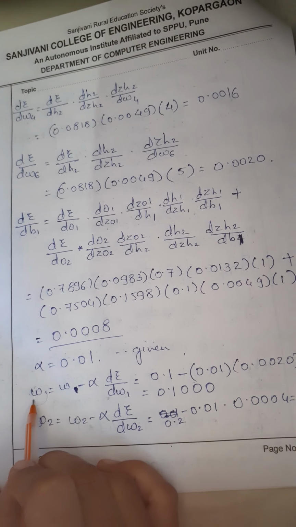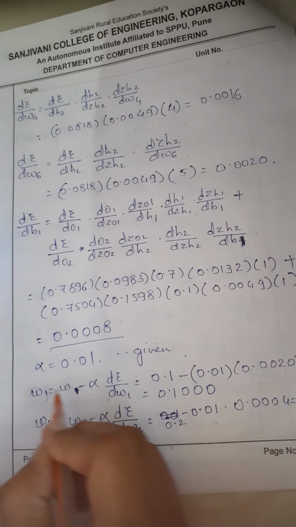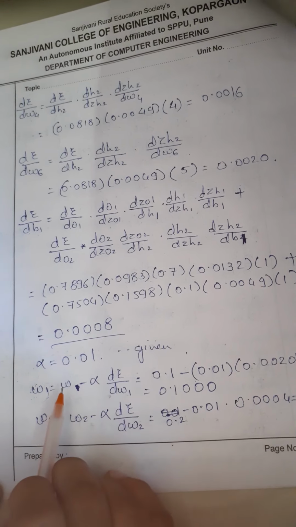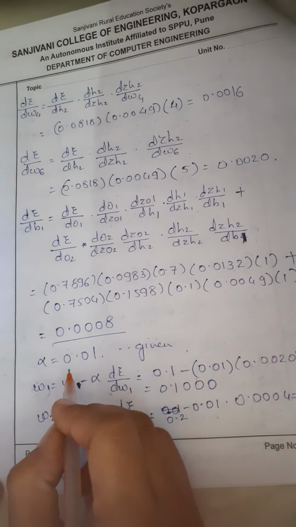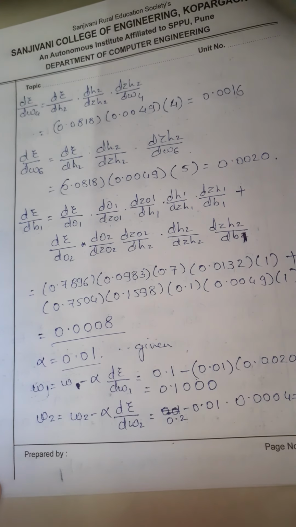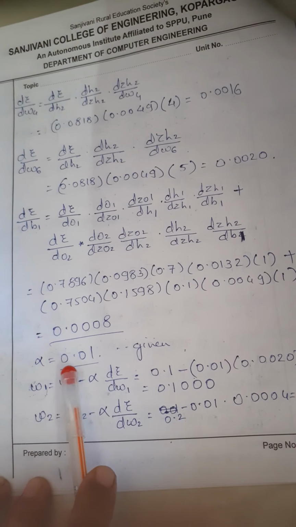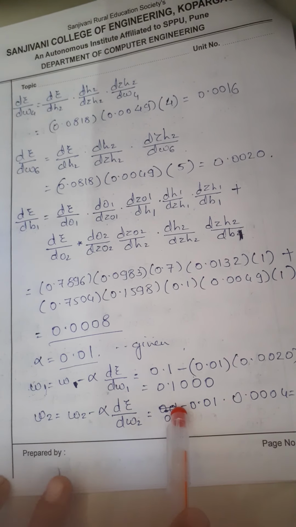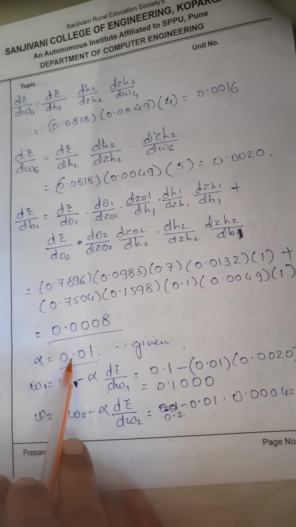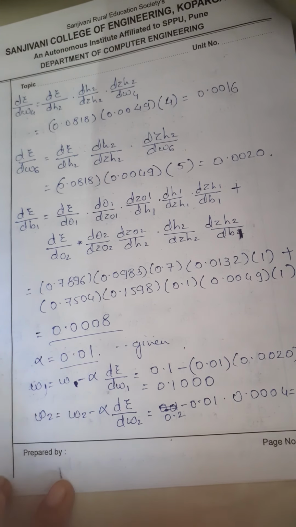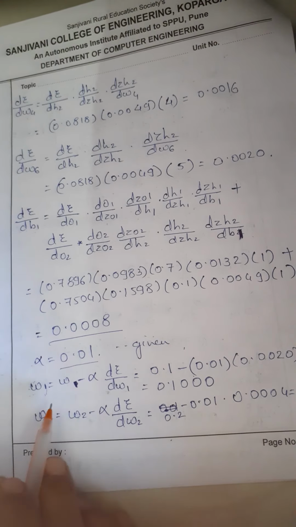W1 is my older weight, and I have to compute a new value of this weight. How? For this we are going to use alpha. Alpha is a factor, nothing but the learning rate, and it has a great impact on the computations. We have to guess alpha; it's the part of guessing. Here initially we have considered it as 0.01. It is called the learning rate.